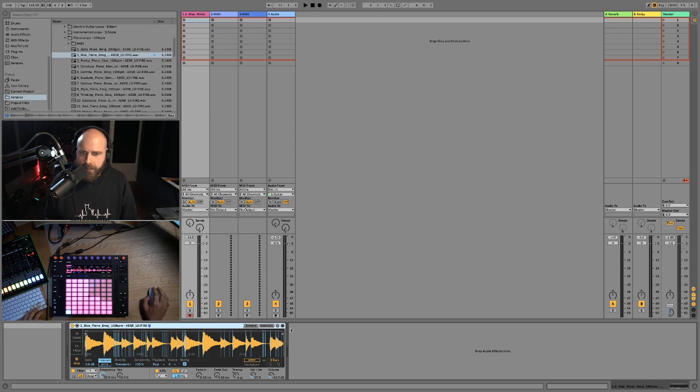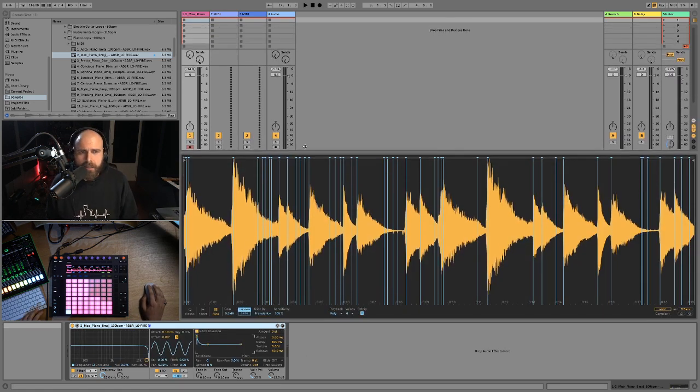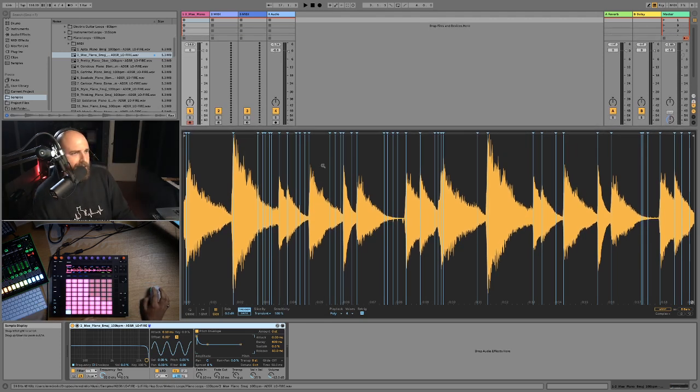And you can see this has sliced it up already. I'll open this up into the breakout view so you can see this in all its glorious detail here. So what this has done here is Simpler has gone through and just analyzed this waveform and split it up as best it could into little subdivisions that it thinks we want to use. Now, it doesn't always get it right. You can see here we've got some massive transients when the chords are playing, but Simpler has gone through and given us way too many slices in here.